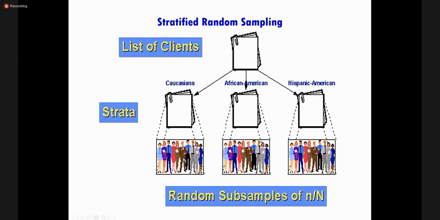This is how you collect it. And in Caucasians, if you have to select the random 100, you will have a list of all the Caucasians, and then you will select 100 randomly by head draw or lottery method, so you are providing the chance of selection to all of the Caucasians in the community to become part of the sample. Same will go for all the possible subgroups. So this is how we'll do stratified random sampling.